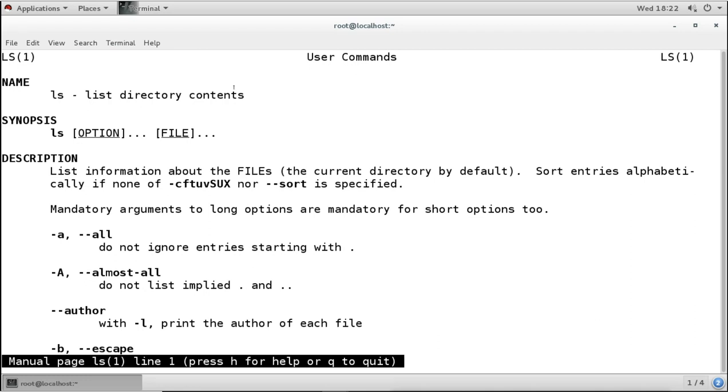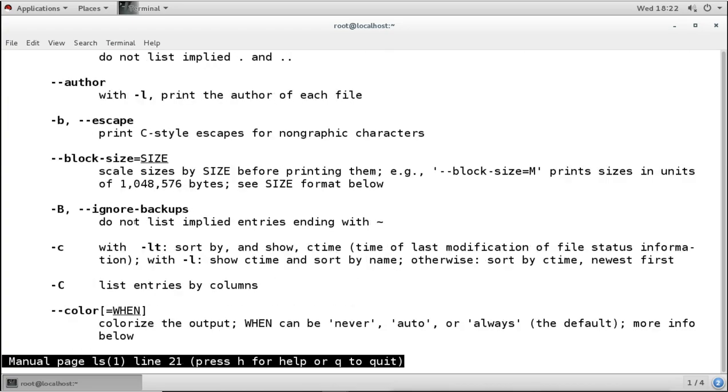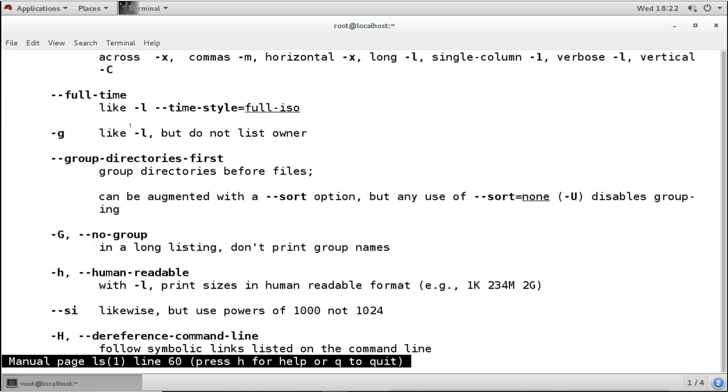This is the manual, and it is saying what the ls command does. It is used to list the directory contents. How can we use it? We can use it like this: command, then the options, and then file and directory. And options are these. So these are the options we can use, shown with the description.